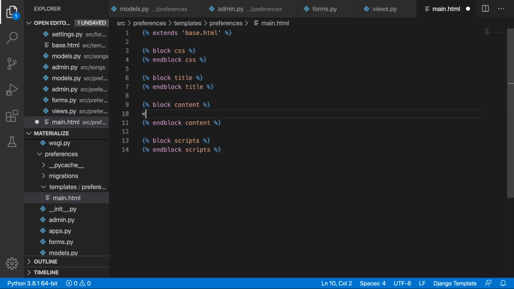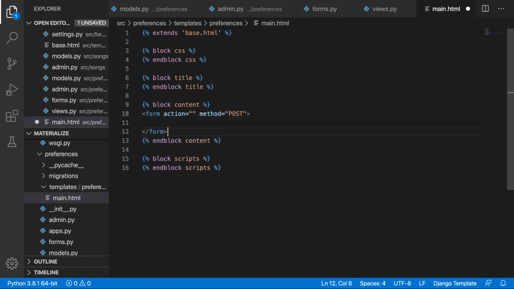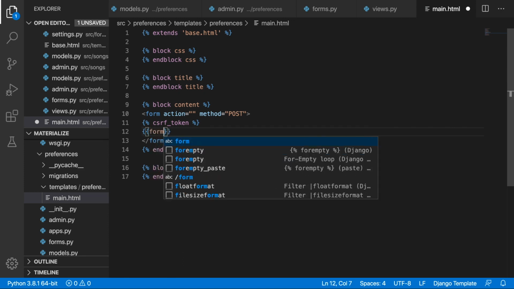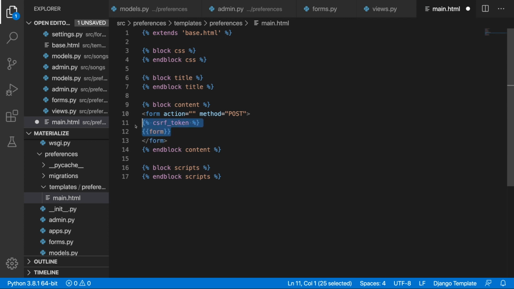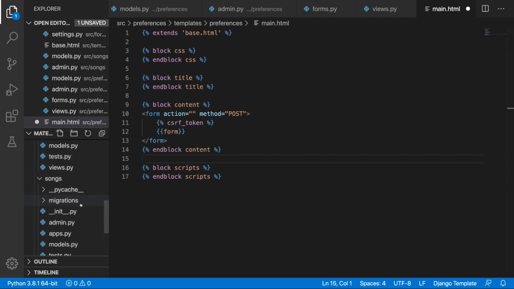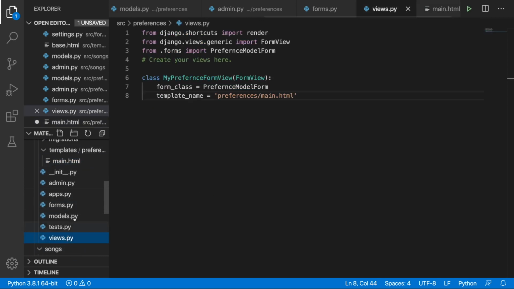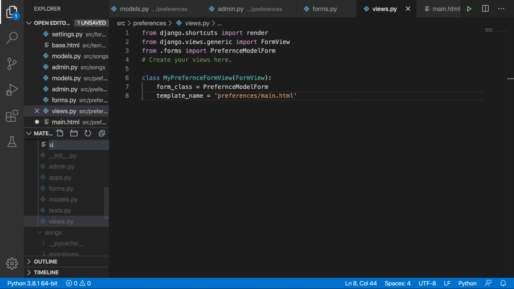Okay, so I'm not going to put in block css or block scripts just yet. I just want to create an ordinary form with the action of blank and the method equals to post. And let's close it off over here. Let's add a CSRF token since we are using a post method, and let's display this form how it is. However, this won't work just yet because we need to fix some issues with the URLs. So we actually need to set the URLs. And yeah, I'm just going to create over here a urls.py file,